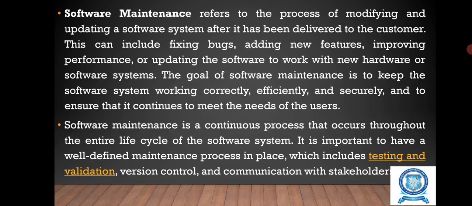The goal of software maintenance is to keep the software system working correctly, efficiently, and securely, and to ensure that it continues to meet the needs of the users. Software maintenance is a continuous process that occurs throughout the entire life cycle of the software system, and it is important to have a well-defined maintenance process in place, which includes testing and validation, version control, and communication with